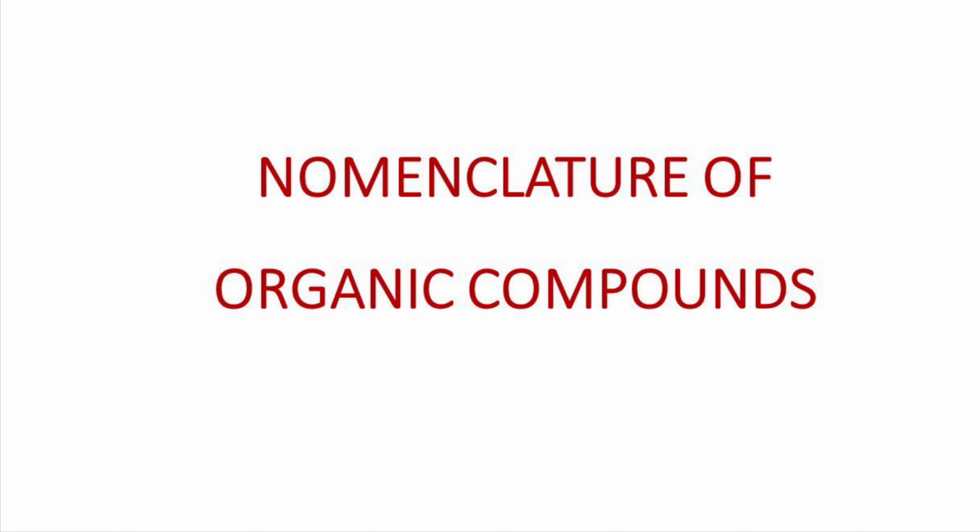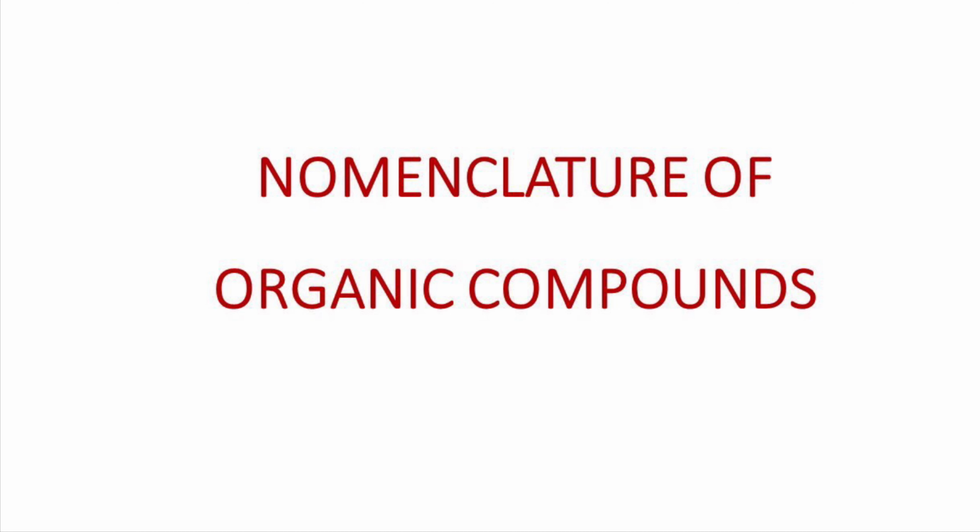We know several of the organic compounds are known by their common names. How were these common names assigned to them? They had been assigned on the basis of their sources, properties or structural characteristics. For example, acetic acid, citric acid, glucose, formaldehyde, formic acid, etc. These are still commonly used.